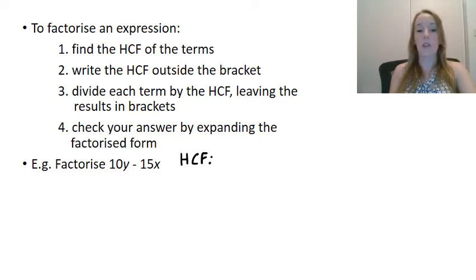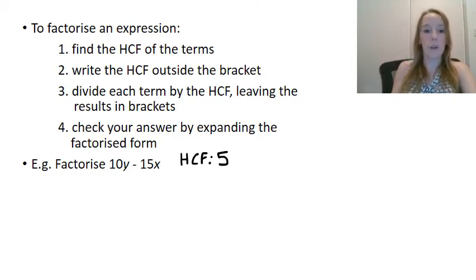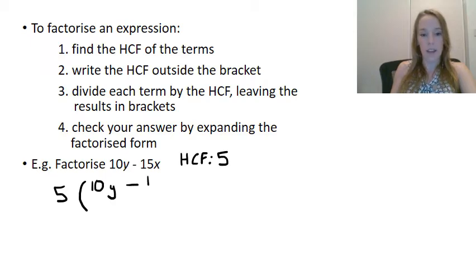So when it comes to the numbers there, our highest common factor is going to be 5. Looking at our pronumerals, we don't have anything in common. So our highest common factor is 5. So we've done that. First step, find the highest common factor. Done. Two, we're going to write the highest common factor outside the brackets and then rewrite the expression inside the brackets. And we're going to divide each of those terms